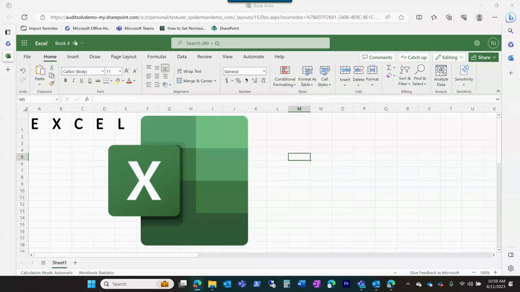Microsoft Excel is a powerful spreadsheet software that's commonly used in various industries for organizing, analyzing, and presenting data. It allows users to create and manipulate spreadsheets, which are composed of cells organized in rows and columns. Excel is equipped with a wide range of features that enable users to perform various calculations, create charts and graphs,